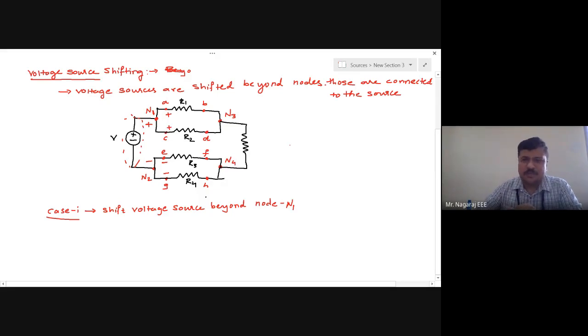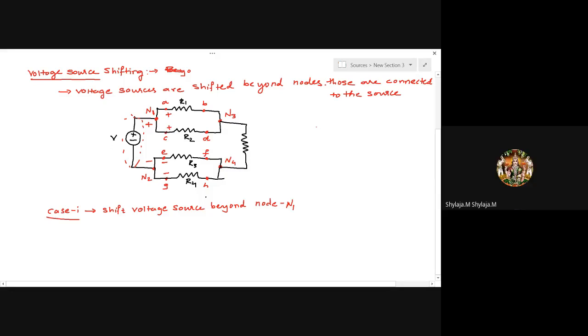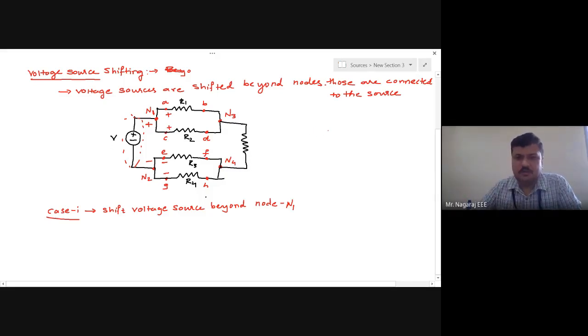Now, if it is a voltage source, how can I make the voltage 0? Where does the voltage 0 exist, under short circuit or under open circuit? If I want to make any branch 0 voltage, should I short circuit it or open circuit it? Short. Yes. Okay. So if I have to replace any branch with 0 potential, then I have to short circuit